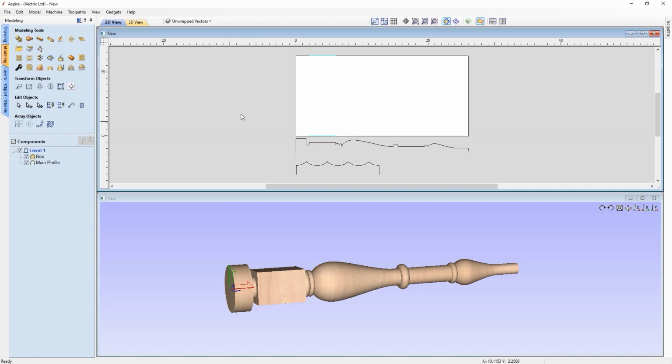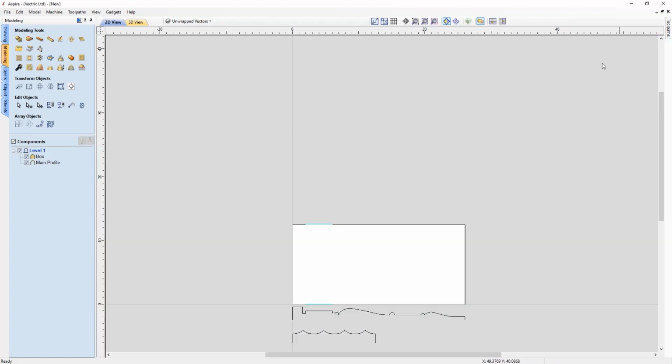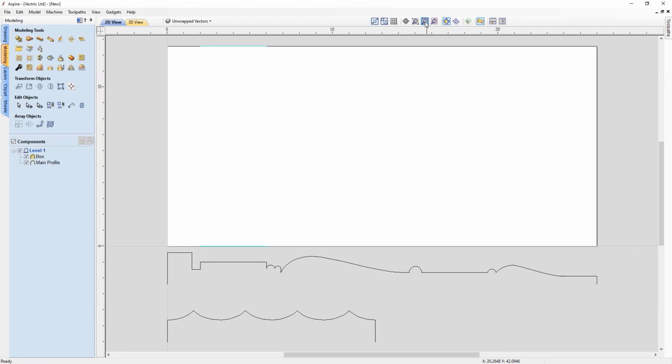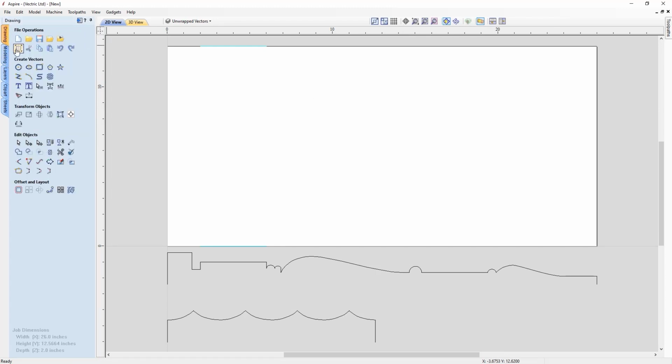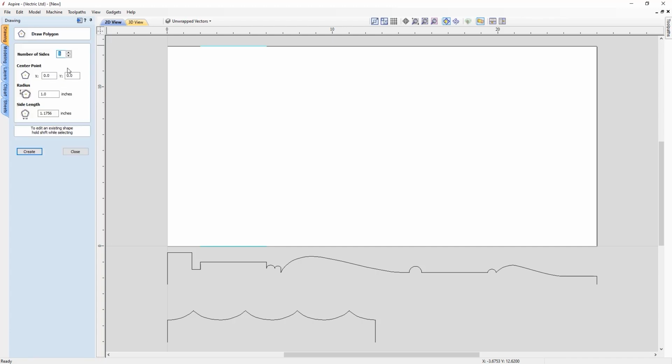So let's just click into the 2D view there. We're just going to maximize that, and then we're going to use this option here to zoom active view to our drawing limits. So we're going to go into the drawing tab. We're going to look at using this tool, the draw polygon tool. So here we know that we need 8 sides for our shape, and then we need to specify the radius